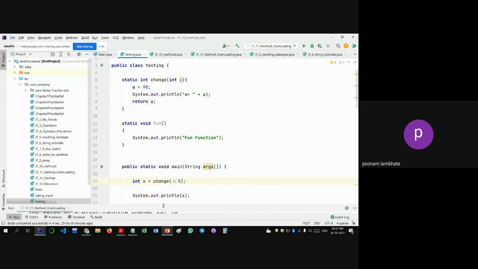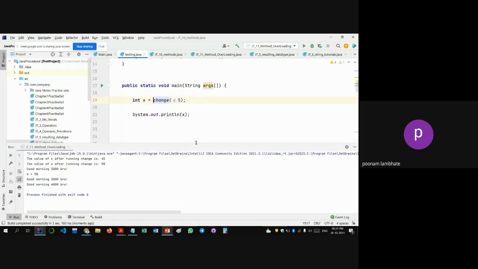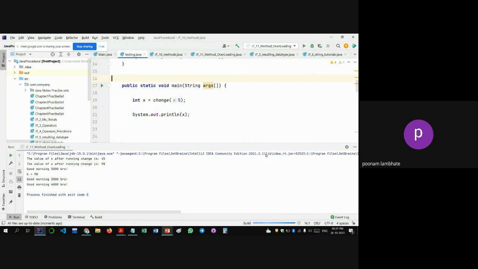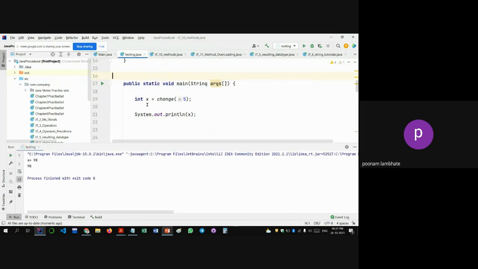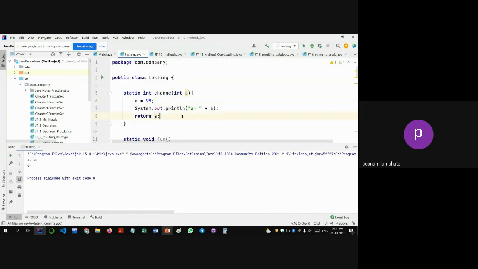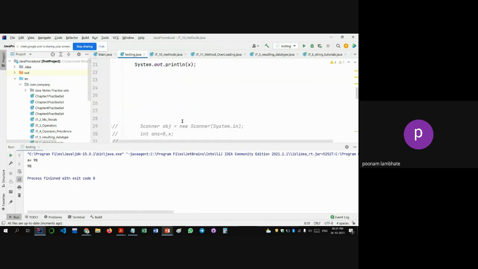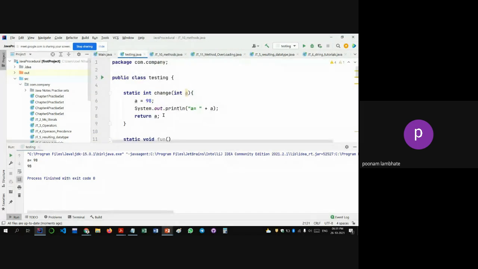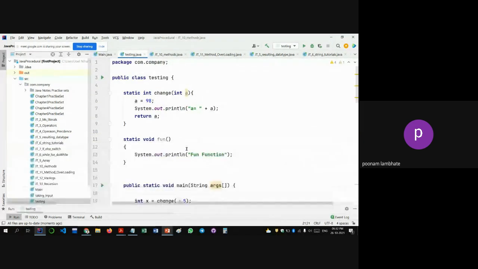Using static, I can directly call my function. So let me run it. So a is equal to 98 is getting displayed. And I'm returning a, and then the value of a will get stored in x, and I'm printing x. That is 98. Now, if I create objects for this,